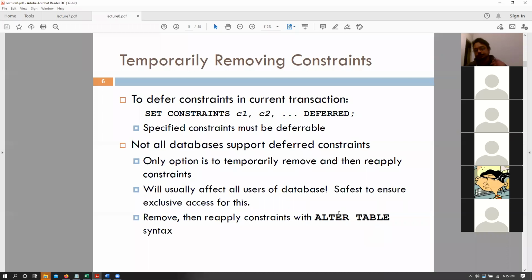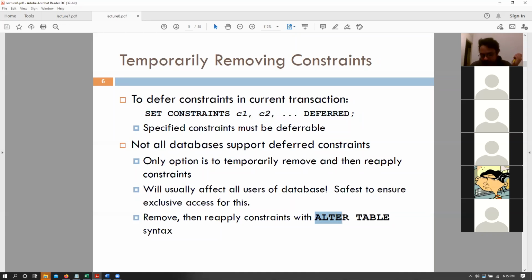Okay, so this is where stating names for your constraints is quite useful, because now we can say set constraints, and you have your constraint names, C1, C2, your not nulls, your primary keys, or what have you. So these constraints are going to be deferred, right? And these sets of deferred constraints are also useful when we are talking about altering a table or updating a table, right? So we want to alter a table, maybe attribute by attribute.